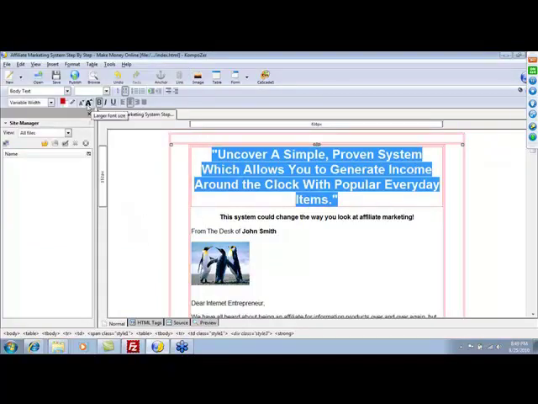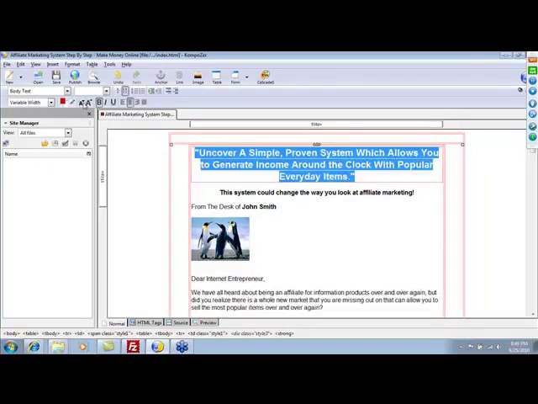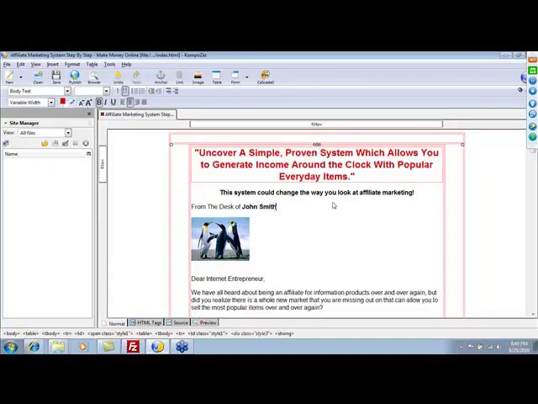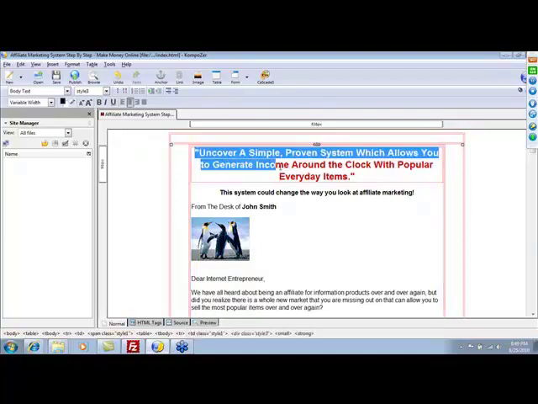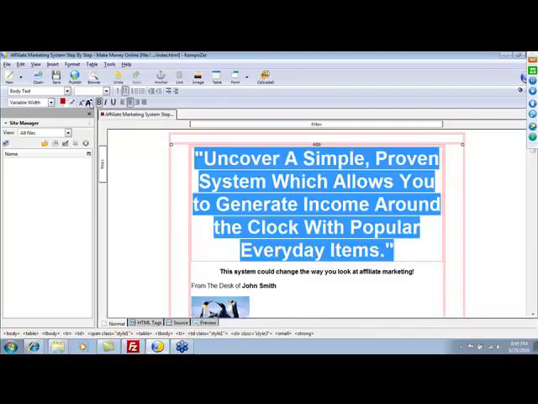And let's say you want to make the font bigger. You'll notice here there is a larger font size or a smaller font size. Like let's say you wanted that to still stand out but not be as big, so you could fix that. Or you wanted it slightly bigger than what it originally was. So you just come over here to the bigger symbol and just double click on that, and you think, okay, whoa, that's too big. So you could either come here, which I think is easiest, or you could go up